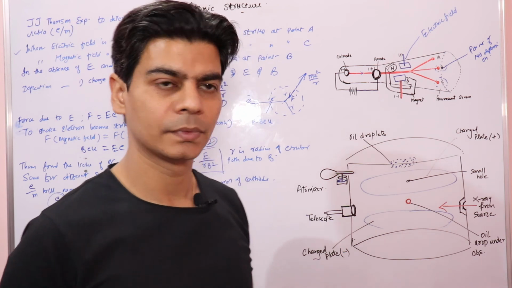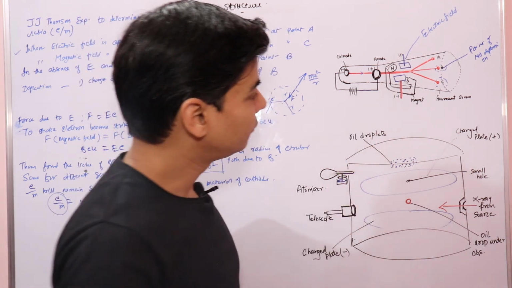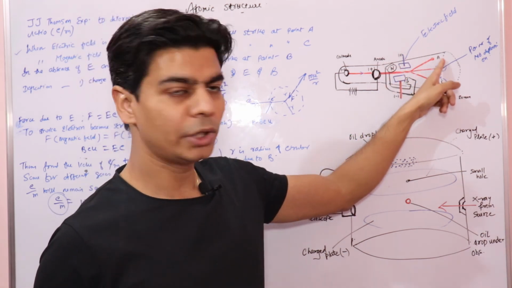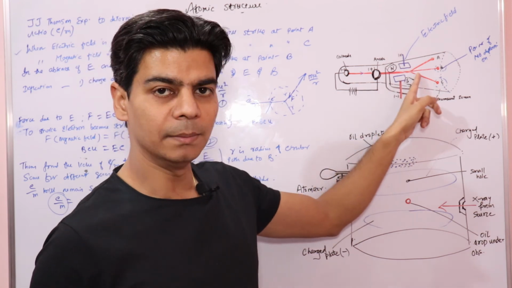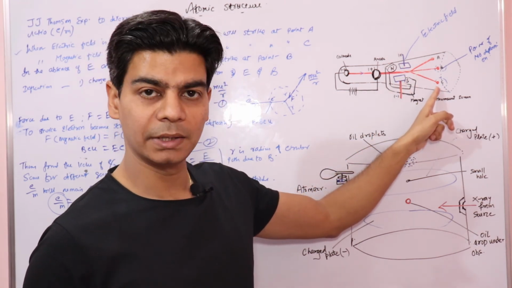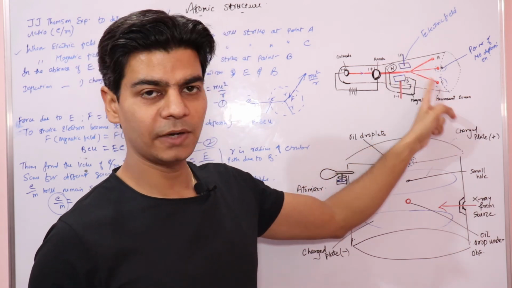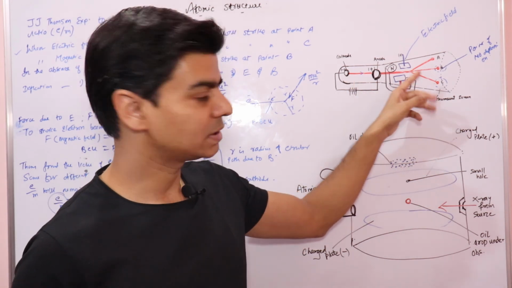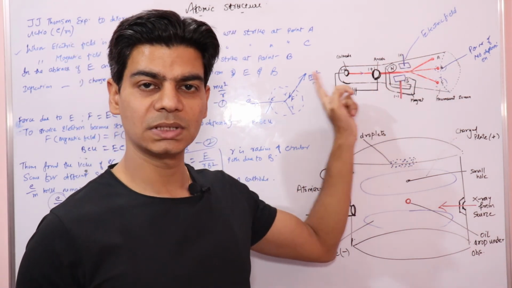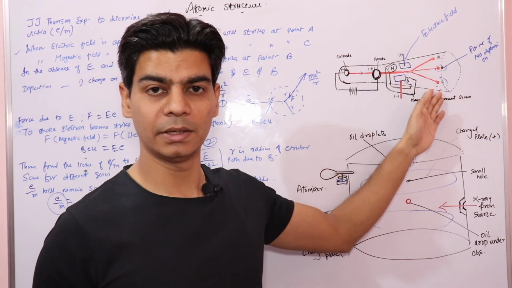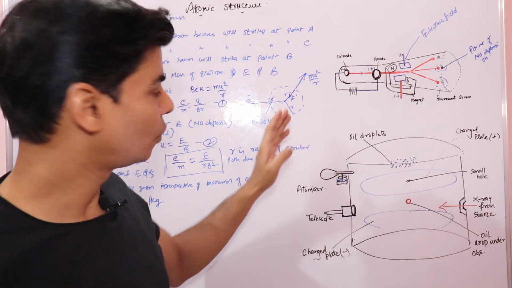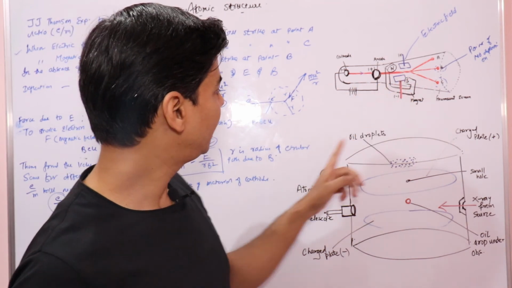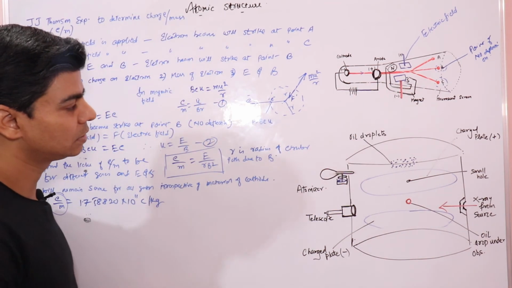no deflection, right? Because we know that when this electron beam will enter this electric field, it will deflect at point B, and the same electron beam would be deflected at point C by the magnetic field. That is, magnetic field will deflect the electron beam in an equal and opposite direction. So there is a force that is exerted on this charged particle, which is electron, when it enters the electric or magnetic field, so we'll calculate the force. Here we have used small mathematical derivations. When this electron beam will enter the magnetic field first,